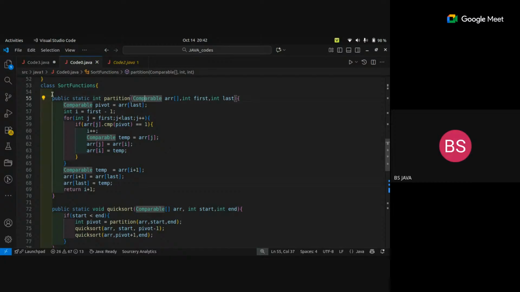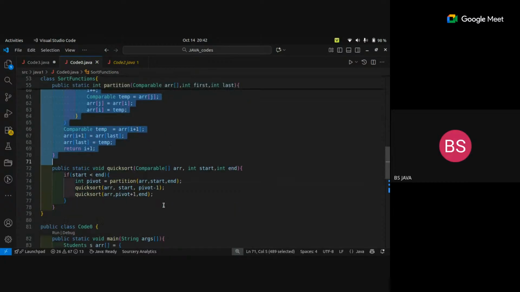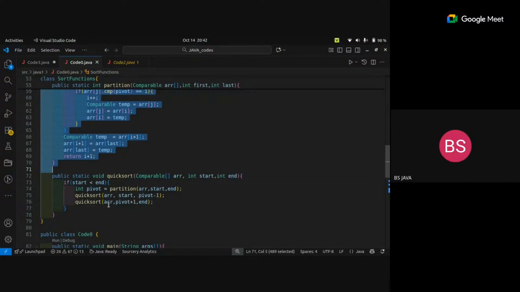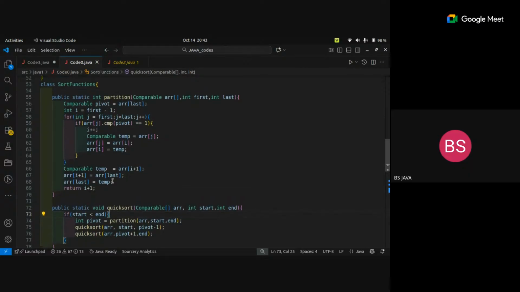See over here, I have nowhere mentioned student or employee. There is no mention of student or employee. So basically, if later on I create another new type, let's say dinosaur, then also I can call this quickshot method and pass the dinosaur objects which I created to do the comparison. The only thing that I have to take care of is that the dinosaur class must implement the comparable interface, and that is the